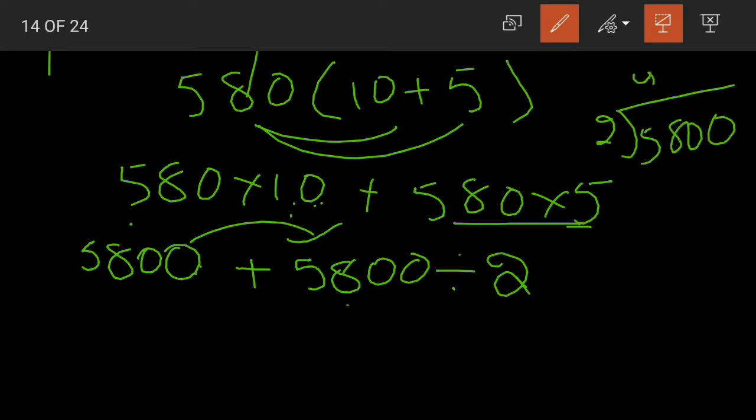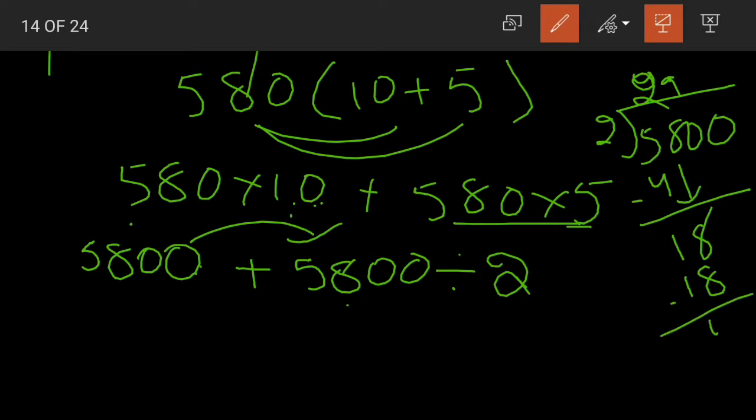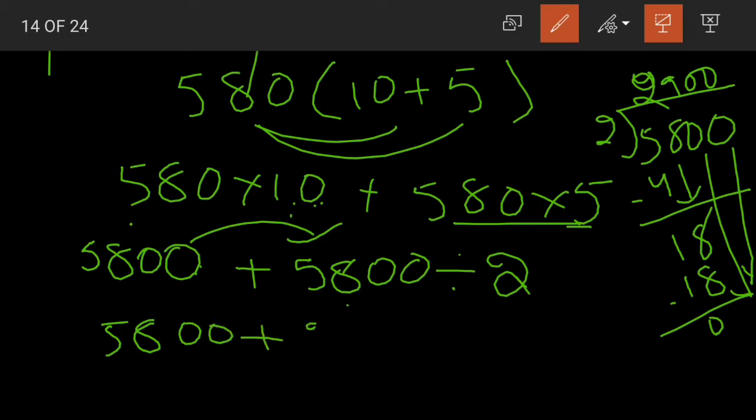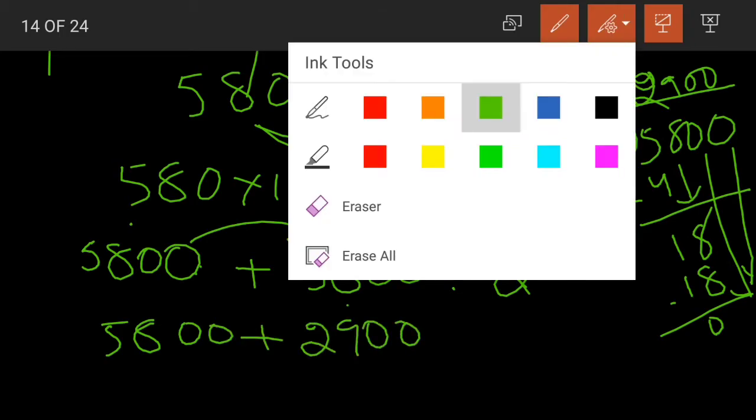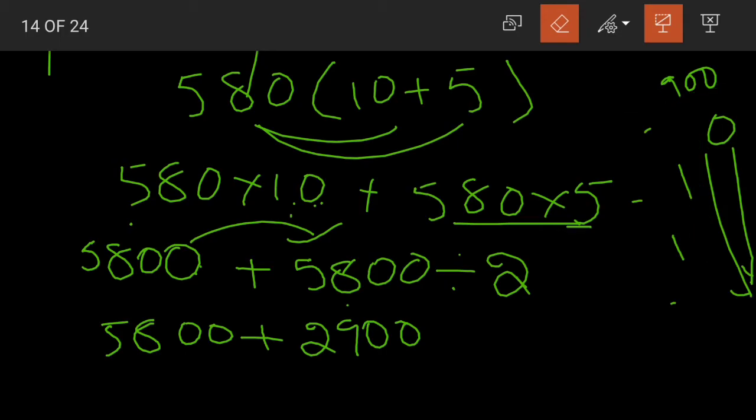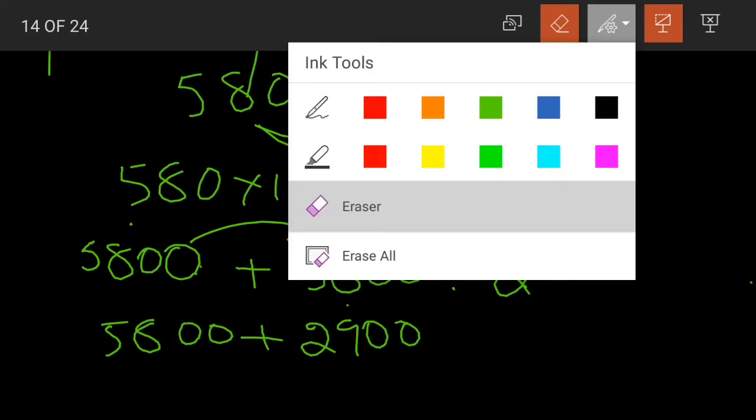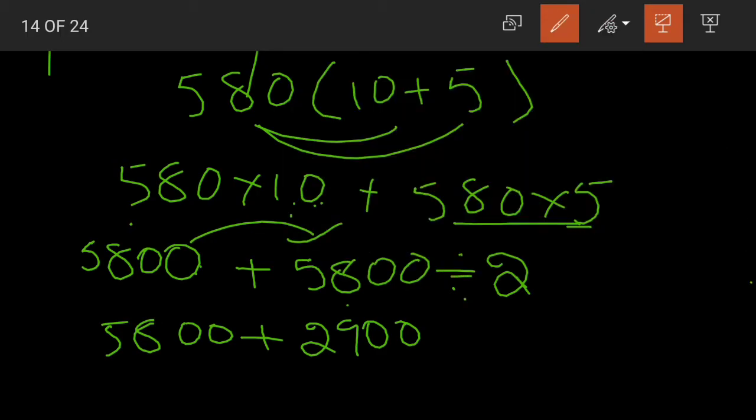Now let us see what we will get as our answer here. 5800 divided by 2. 2 2s are 4, minus 1, 8 carried, 2 9s are 18. When we subtract 0, and then we have 2 zeros here, so we need to write 2 zeros. 2900. So 5800 plus 2900. Now what will be the final step, children? The final step will be to add both of these. Add the product of 10 and then add its half. Half means divided by 2, right?